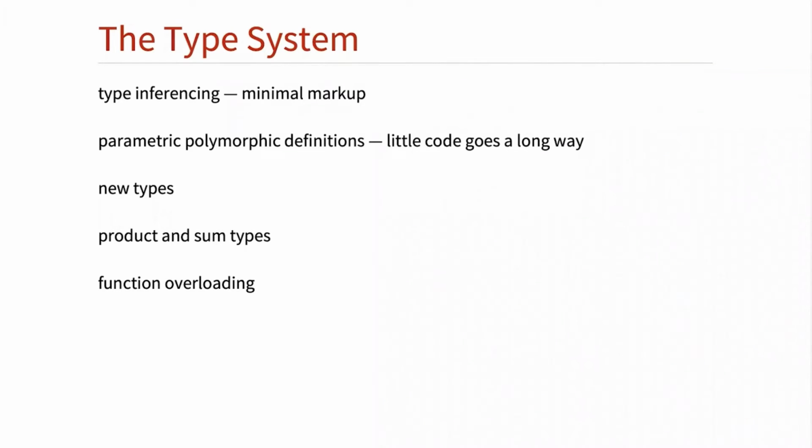Sometimes you have to add extra hints, and we've added a new function for adding hinting for type annotations, but usually I consider it a failure of the inferencer if you have to use those. But sometimes there are questions of decidability and such like. You can add new types, build things up, and we support, getting a bit more technical, what you might call the range of algebraic types, so product and sum types, and it supports function overloading in the